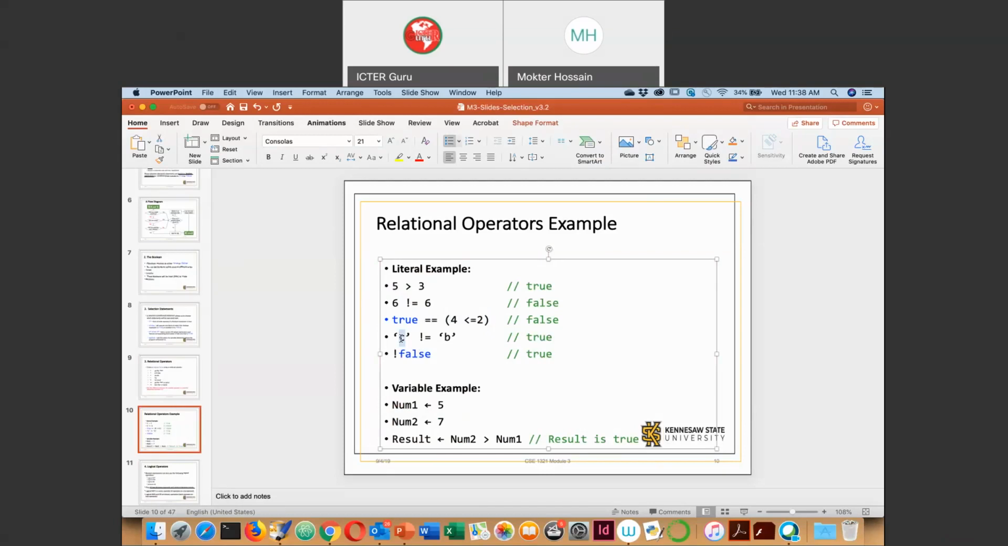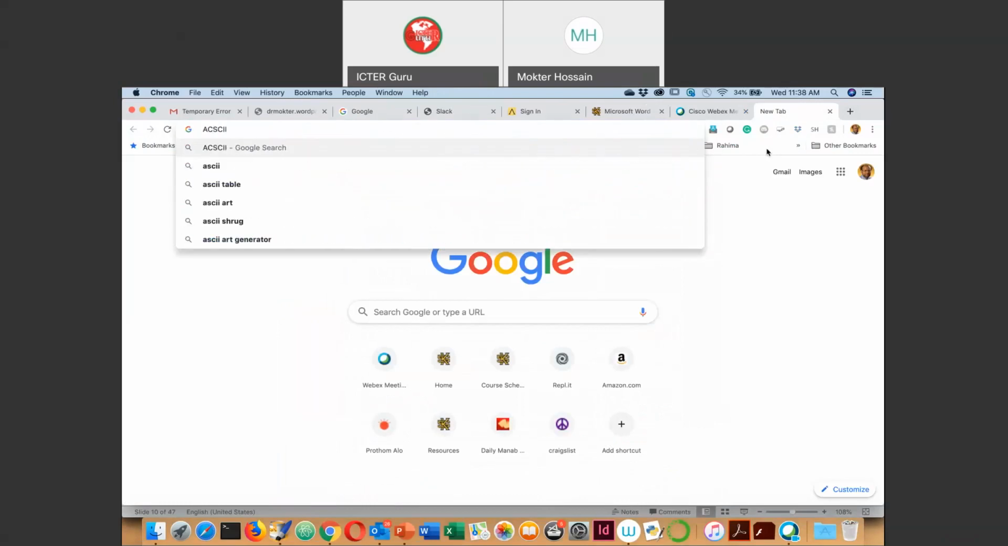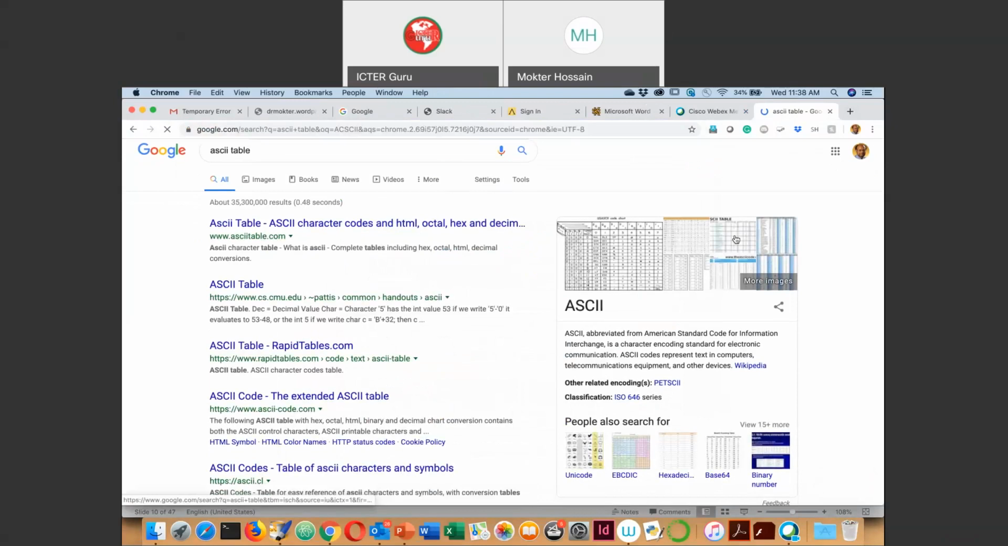Okay, so ASCII value, if you are familiar with the ASCII chart, the ASCII table. ASCII means American Standard Code for Information Interchange. So these are the ASCII chart. If you go to images,